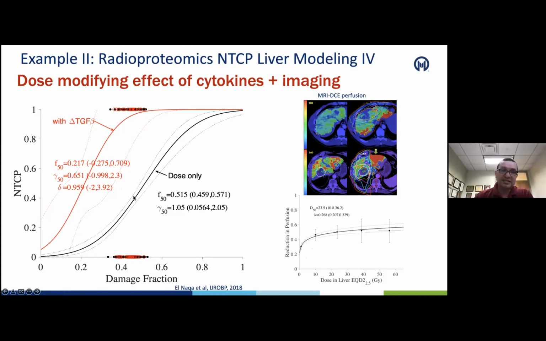And you can see the sensitivity of the model changed dramatically from being a shallow model as a function of dose only to being a much steeper model as a function of some of these cytokines, in addition to the imaging information, which is changed on the TGF-beta factor. So addition of this information will make the model more sensitive, more accurate to fitting the data. And this is using a variant on the